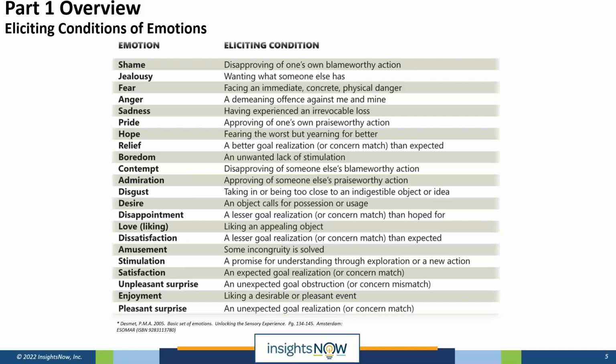If you don't have anything, certainly go to this. It's a nice, concise, tight list, well researched, well published, so you can get into the science behind it. But one of the things that you do need is that standard, because it is really important to understand the difference between when a person is talking about satisfaction or disappointment. Those two things are fundamentally different. Now, consumers might not use those words, but we as researchers need to know how to transform into that language.